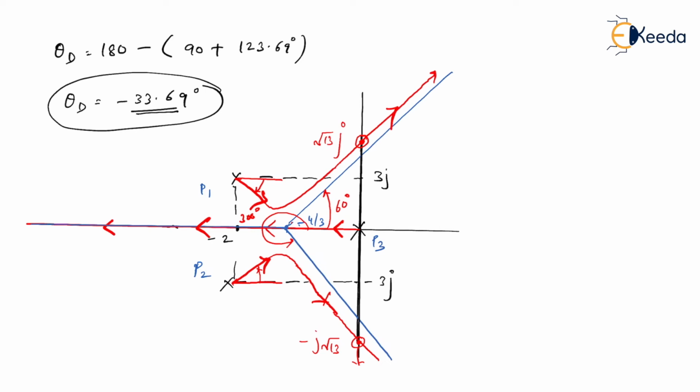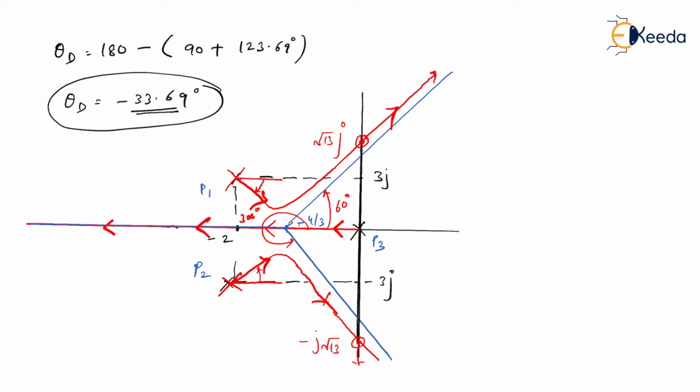Why breakaway points are not needed here? Can you guess why? Because the breakaway points are needed when two poles are traveling and there is a chance by which they are going to collide. It is just because you don't have a situation where two poles are traveling towards each other and there is a chance by which they can collide on each other. Am I right? Because as you can see, the pole 1 and pole 2 are moving independently. They are not going to cross, or they are not going to collide on each other, for which you have to calculate a breakaway point. That's the reason why we have not calculated a breakaway point.